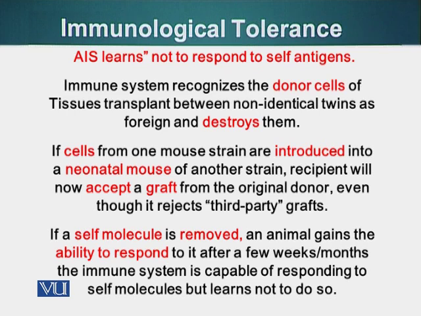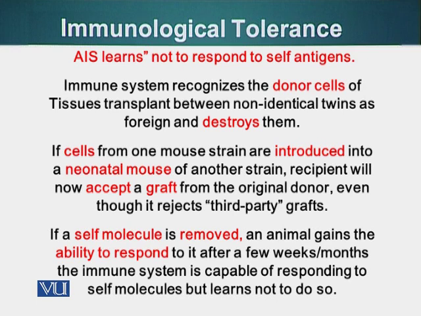Our immune system also matures and it is surveying our body cells and our proteins, and those cells which recognize or react to our own proteins, those immune cells are destroyed. We will see that later. But another point I would like to make is, if we do a conversion experiment, if we remove a protein which is normally present in an animal, our immune system will react to that protein if it is reintroduced into the system.